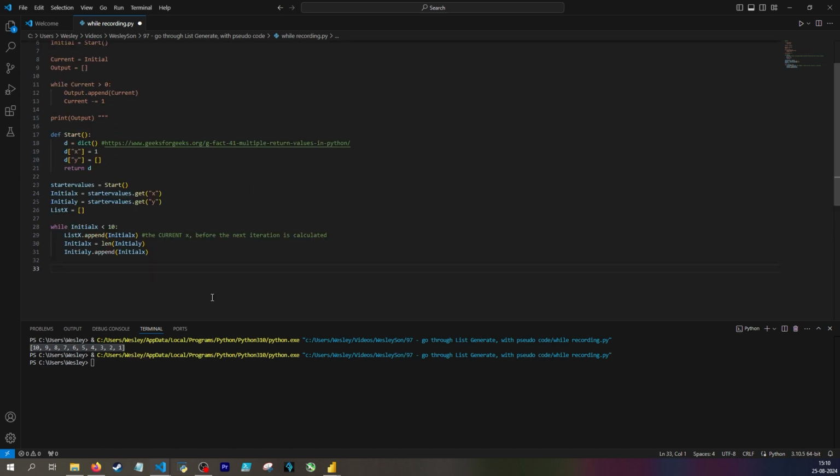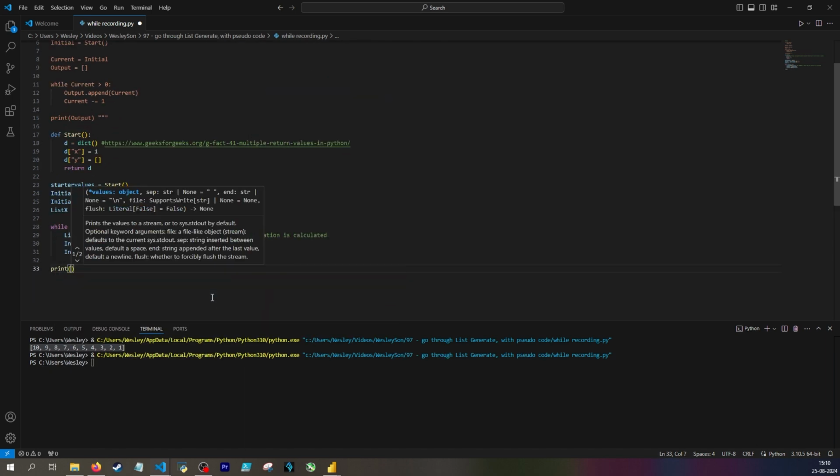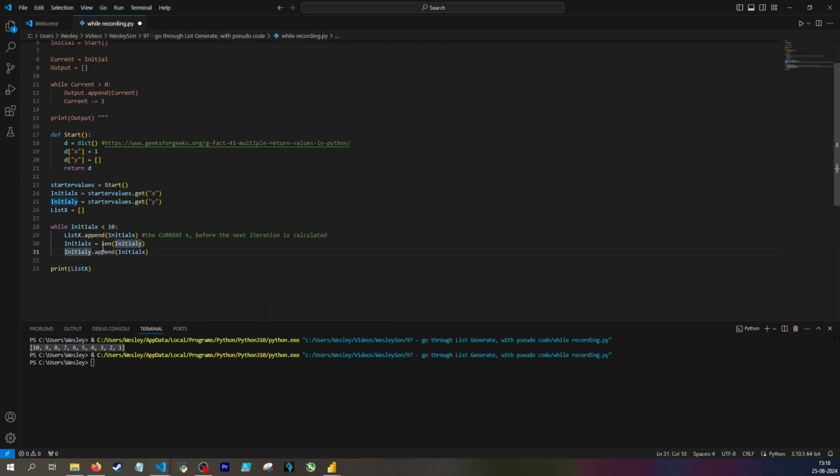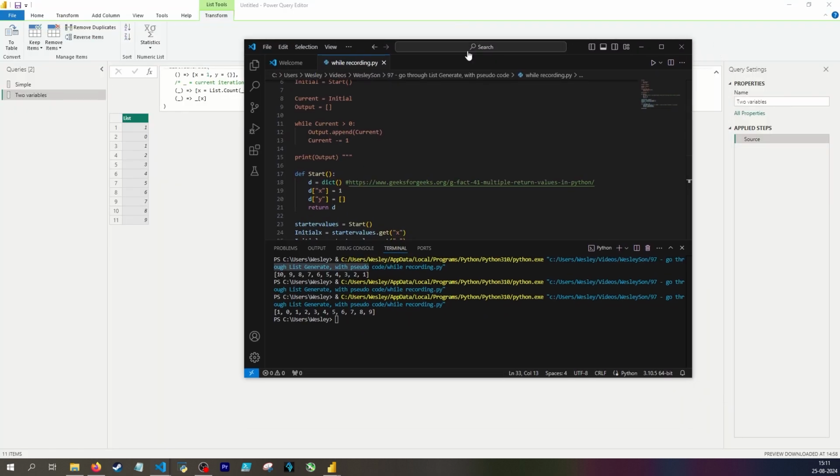And finally, I actually want to print my list X, because again, in this case, we don't actually care about Y, it's only used to generate X. And if I run that, I get the exact same output as in my Power Query function. So, yep,